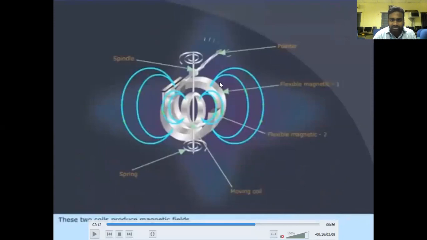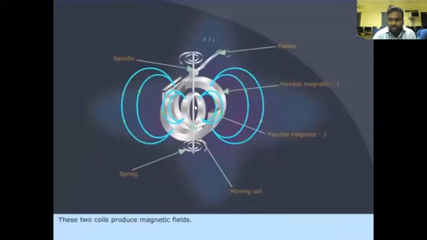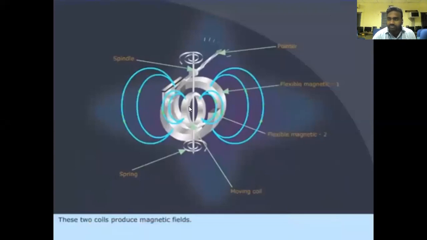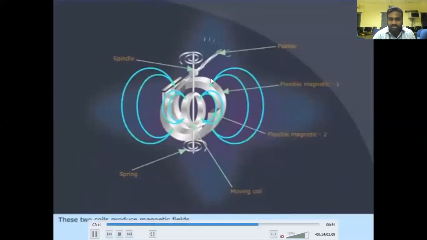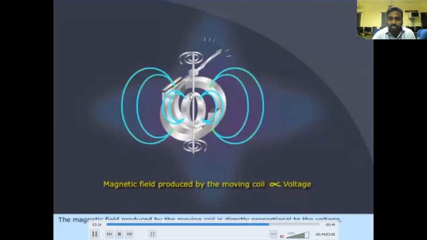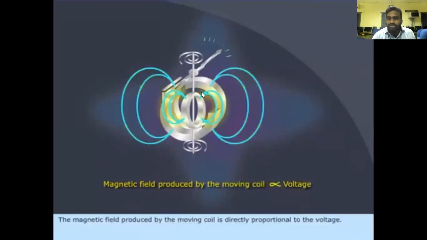The outer periphery coils are nothing but the fixed coils. This is a u-shaped coil, this is a fixed coil, and this is a fixed coil. In between the two fixed coils we have a moving coil. Whenever the line current continuously flows through the fixed coil, it creates a magnetic flux. With the presence of these two fluxes continuously linking, the magnetic field produced by the fixed coil is proportional to the load current. We have already discussed this. And the magnetic field produced by the moving coil is proportional to the voltage.